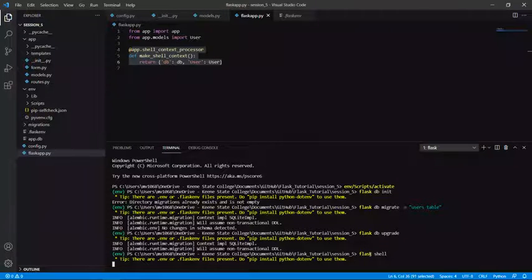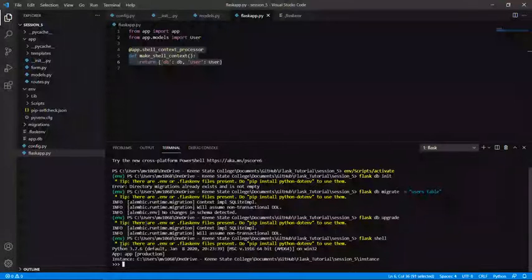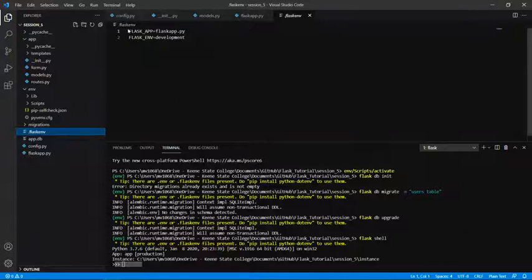So this should create a Flask shell environment. This is the Flask shell environment, the terminal window environment. So if it doesn't work for you, just make sure that you have this .flaskenv file. We have done it in the first tutorial, first session. We have created the .flaskenv file. It should have these variables. So if it has these variables, then it should work for you. Okay. So when you type flask shell, it should give you this prompt.